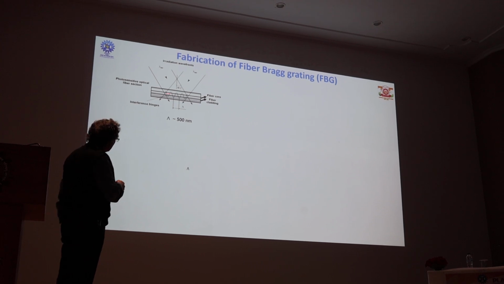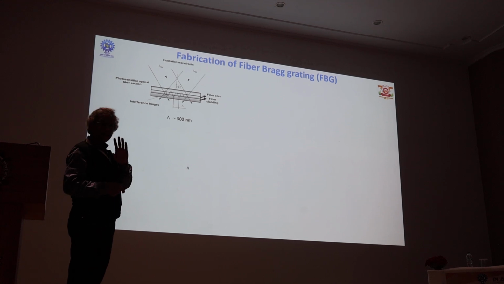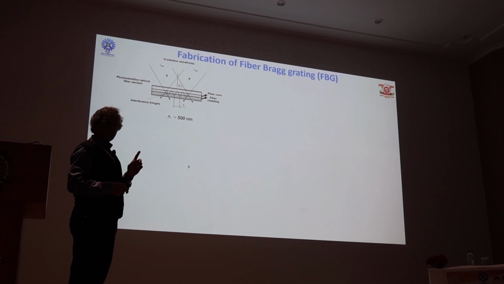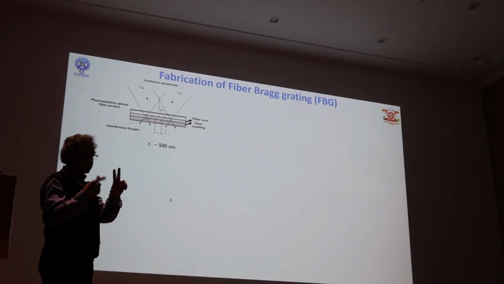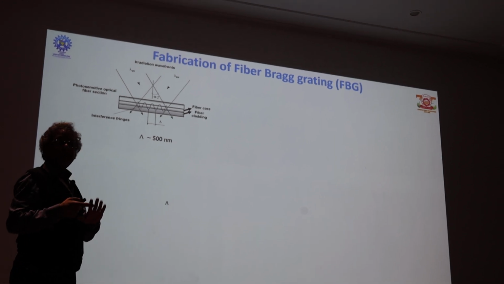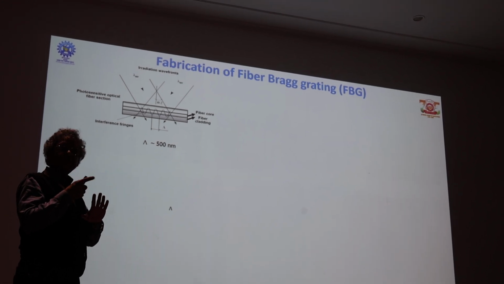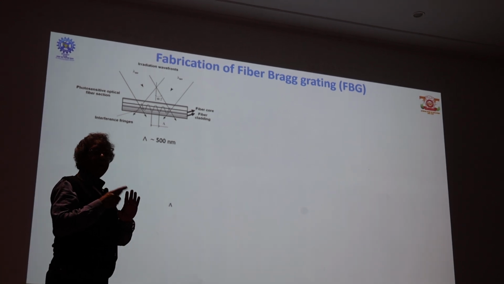Once it falls on the core of the optical fiber, there are germanium defect centers in the optical core where the ultraviolet radiation gets absorbed, and locally where this light is falling periodically in the optical fiber core, the refractive index of those regions is enhanced,